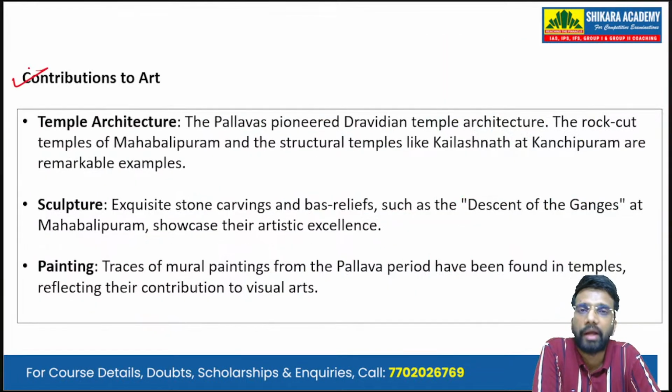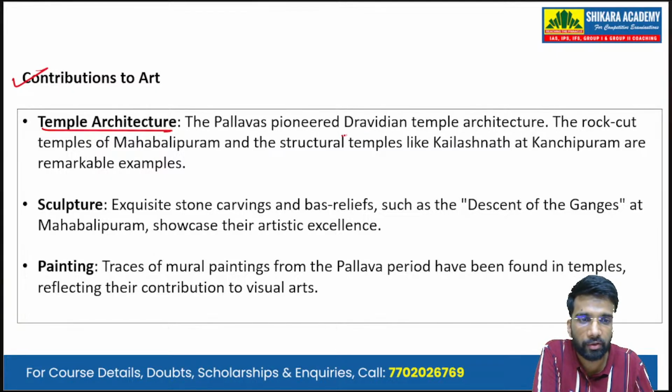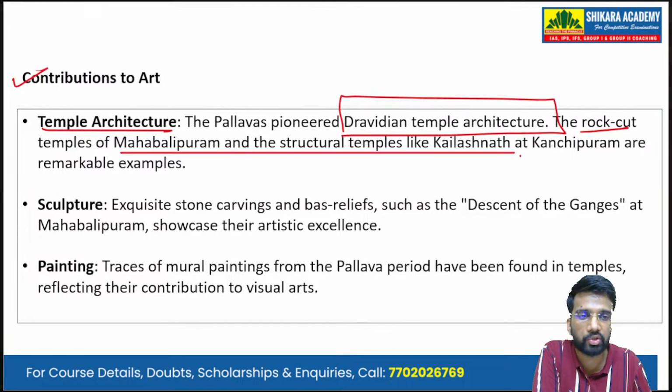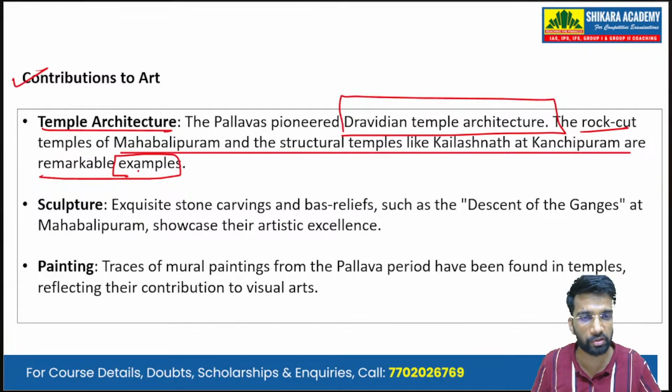Then we have to write the body, that is, the contributions of the Pallavas to art. First is temple architecture. The Pallavas pioneered the Dravidian temple architecture. The rock-cut temples of Mahabalipuram and the structural temples like the Kailashnath of Kanchipuram are remarkable examples. And it is always a good practice to substantiate your answers with examples. So we write about the Dravidian temple architecture and give the examples of the temples of Mahabalipuram and the